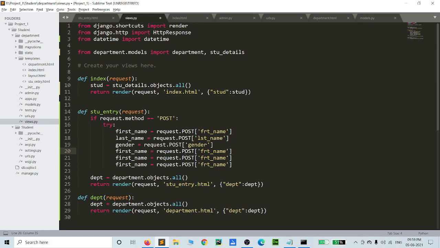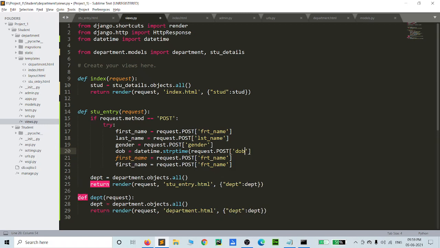Gender, next one is date of birth. In the request.POST method, before that we call our package datetime.strptime. The request.POST method is date of birth, dob.